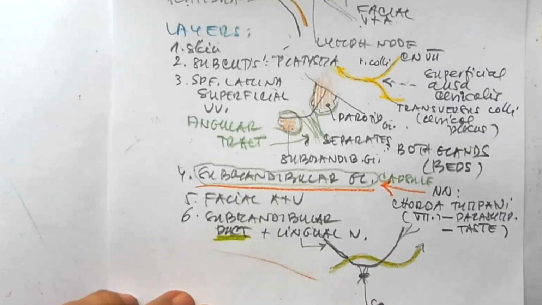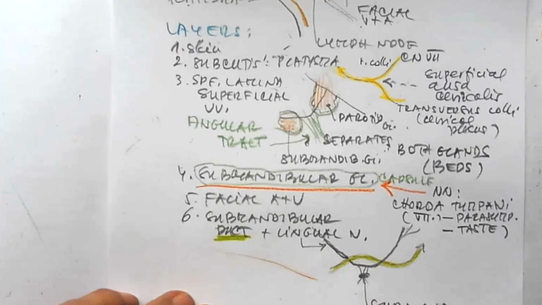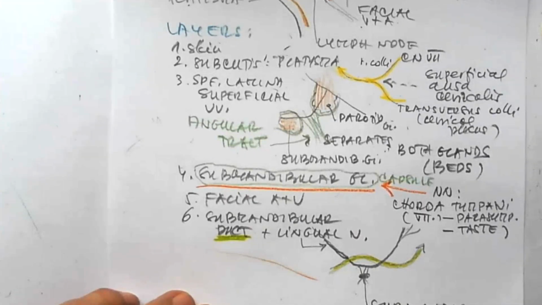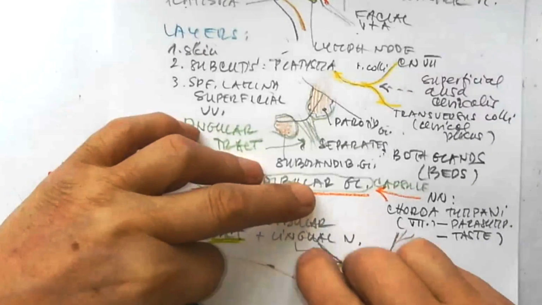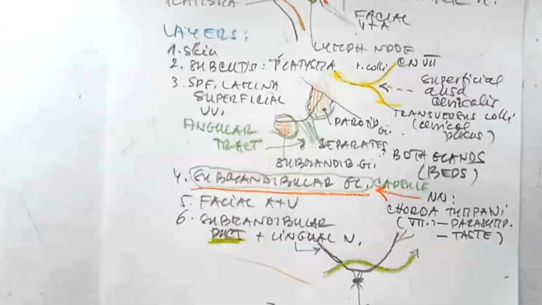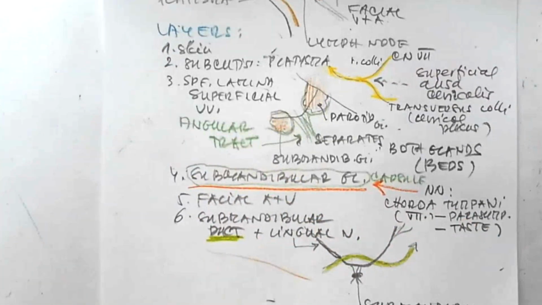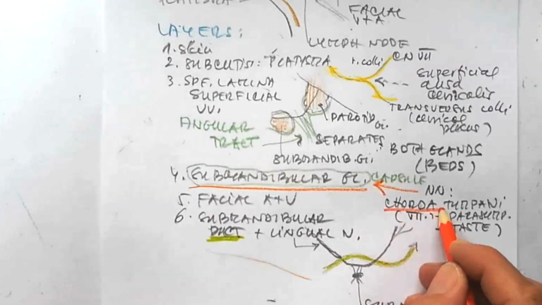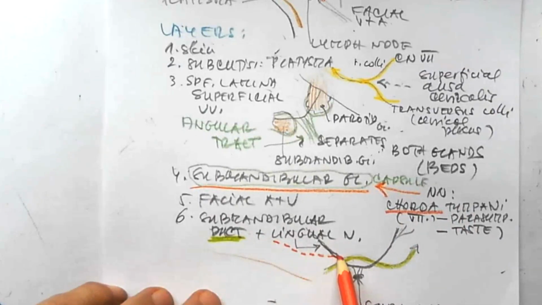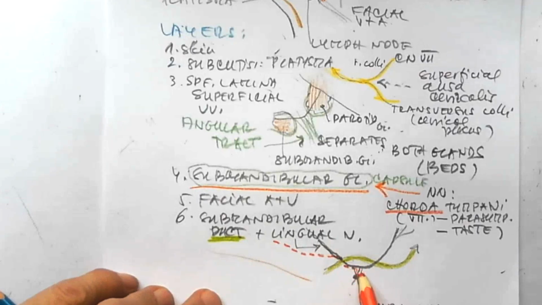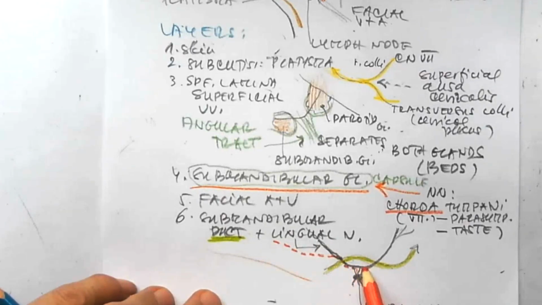And here is the very important submandibular parasympathetic ganglion, right, submandibular parasympathetic. Here is the duct, in light green, this is the nerve. And discussing the chorda tympani, what do you think about red? Chorda tympani, and chorda tympani descends, joining the nerve, running together to the ganglion, and also